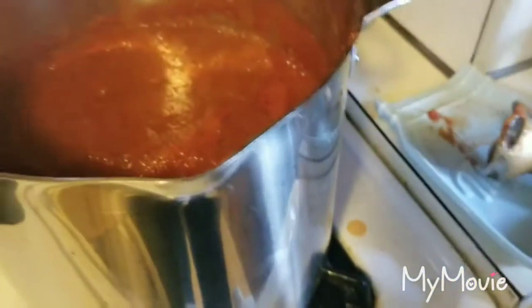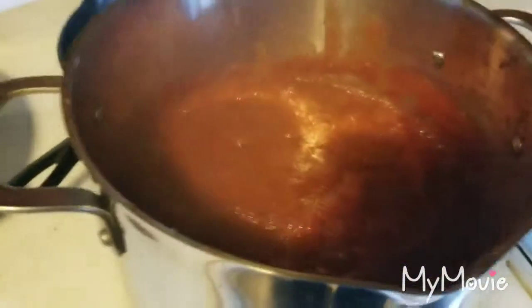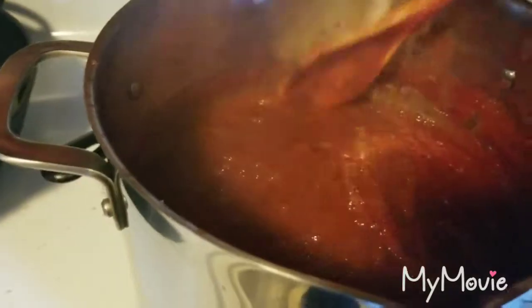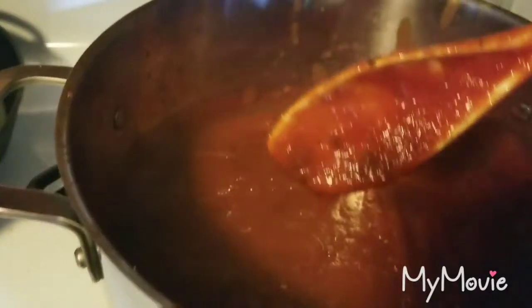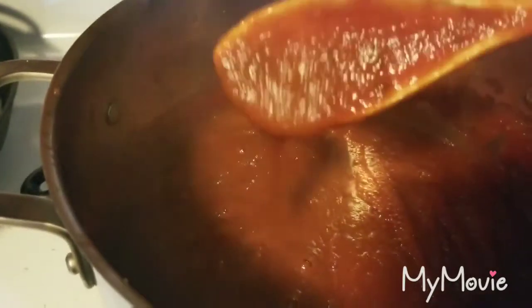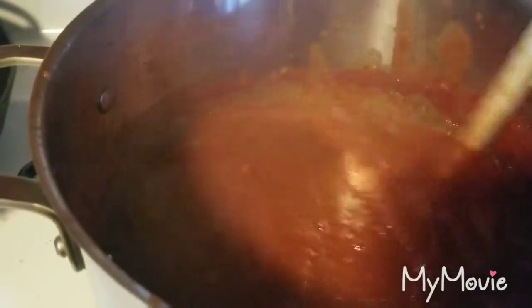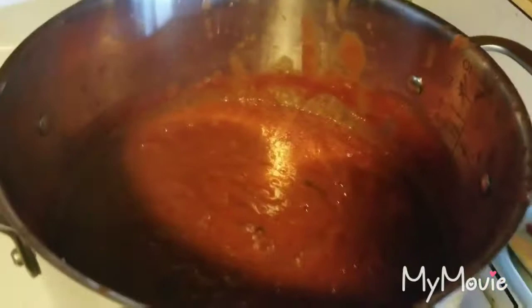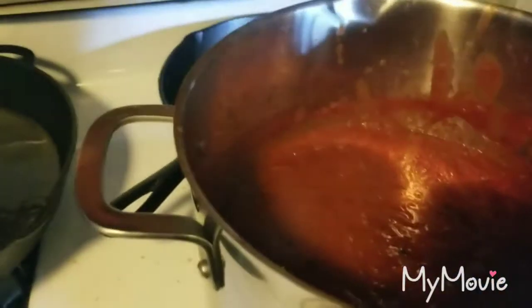Okay, so let's see. I'm going to go ahead and turn this off. And then what do I do? Oh, my spoon's back here. Just look through it, make sure there's no big chunks of herbs in there. You can see the little chunks. I may go through it again. Yeah, I think I'll go through it again,